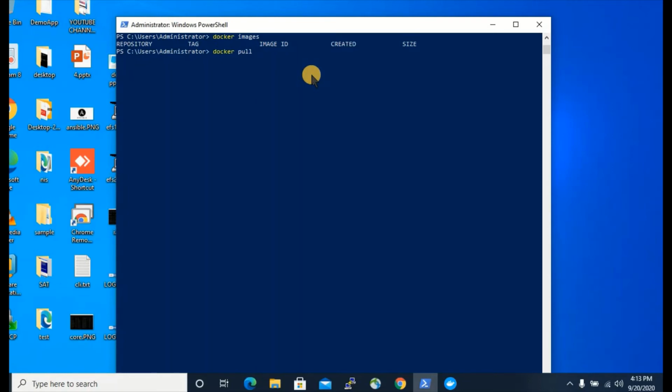It was already discussed in my previous videos how to pull or run images. Whenever we use docker pull, it only downloads the image file. But if I use the run command, it will directly download the image and run it in a container.